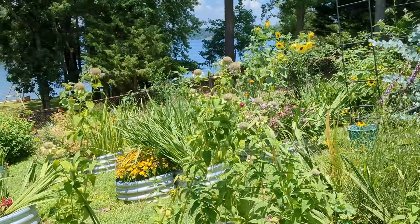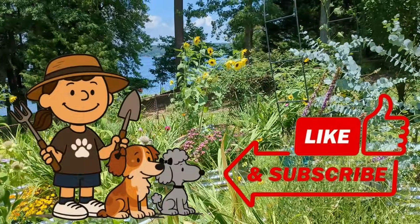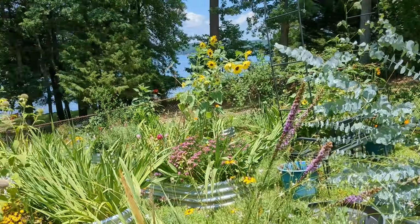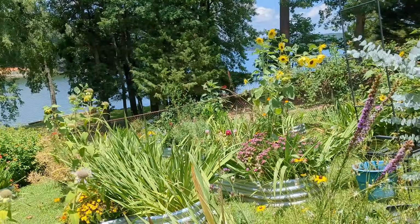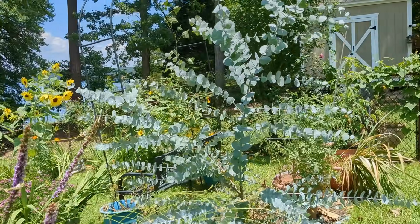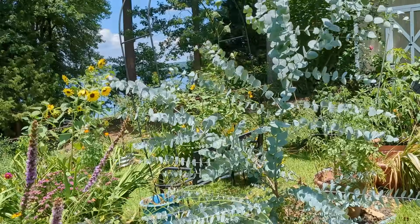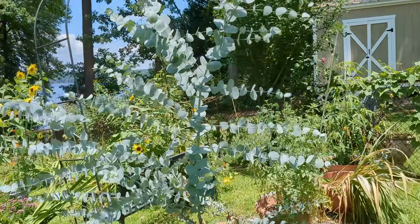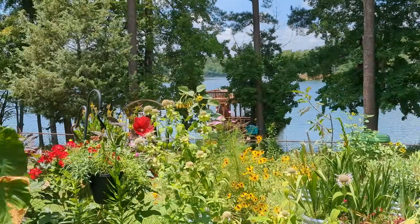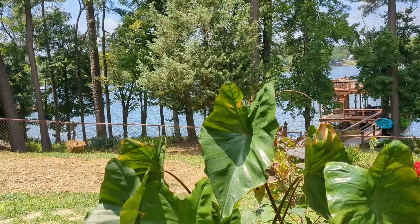I do want to point out that I mentioned it's going to rain tomorrow because I am like the seed fairy before a thunderstorm or a good rain. I will be out in the garden planting seeds, dropping wildflower seeds, succession planting. I will be doing all that when the rain starts as long as I can, unless we get a downpour, and then I will go inside. But let me tell you, in my opinion, there's no better time to plant seeds or succession plant than right